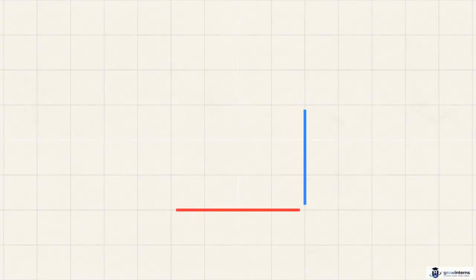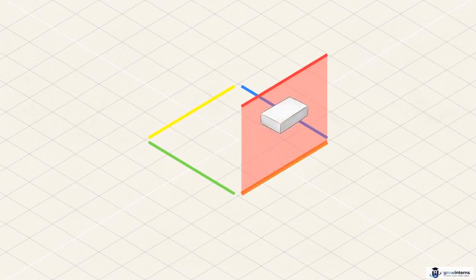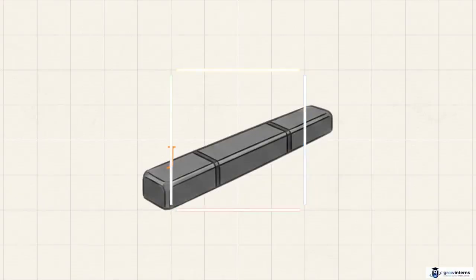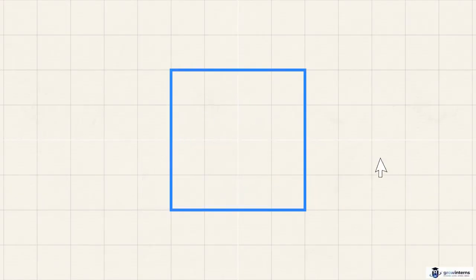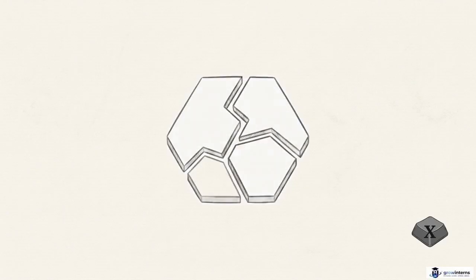A shape built from individual, disjointed lines is structurally limited. If you try to perform a 3D extrusion or a mass offset, the software will treat the lines as isolated parts rather than a unified object. Typing J for the join command fuses those fragmented segments into a single continuous polyline. Conversely, typing X for explode will shatter a unified polyline back into its constituent individual lines, which is useful for